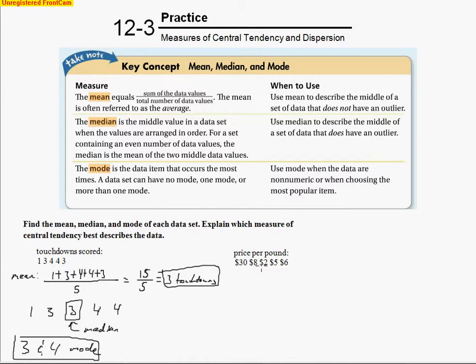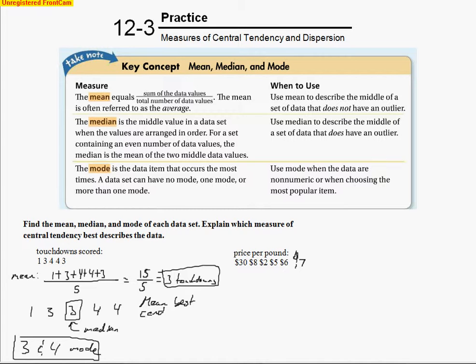So in this problem, I'm going to actually add an extra value here. Let's go ahead and add another, let's see here, none of them repeat, so I don't want 1 to repeat. Let's make it 7. And so $7 is the price per pound here, and we have 38, 2, 5, and 6. And so when I go ahead, I needed to say which one's the best central tendency. We're going to go with the mean is the best central,